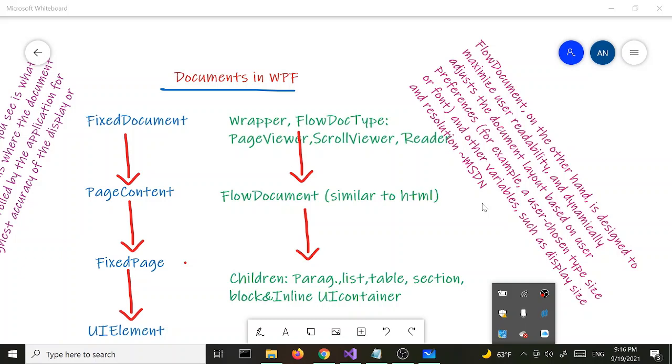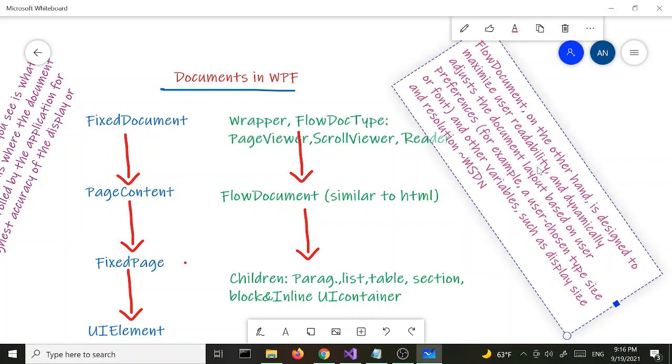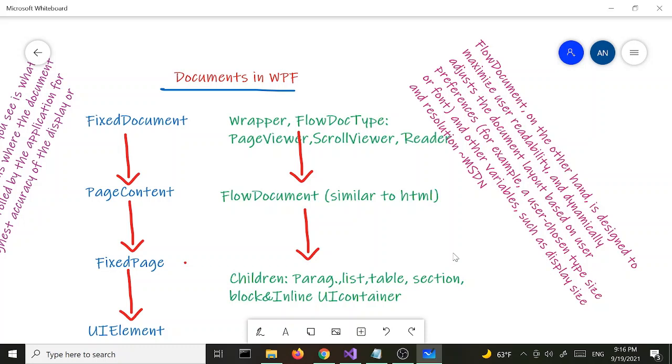Okay, to start off, again I have a short description here that says flow document, on the other hand, is designed to maximize user readability and dynamically adjust the document layout based on user preferences and other variables such as display size and resolution. Alright, now that we get the description out of the way,